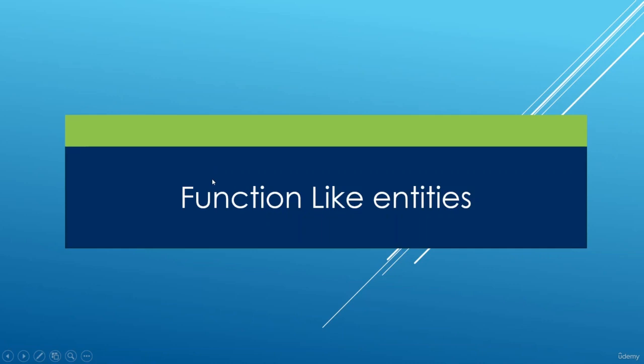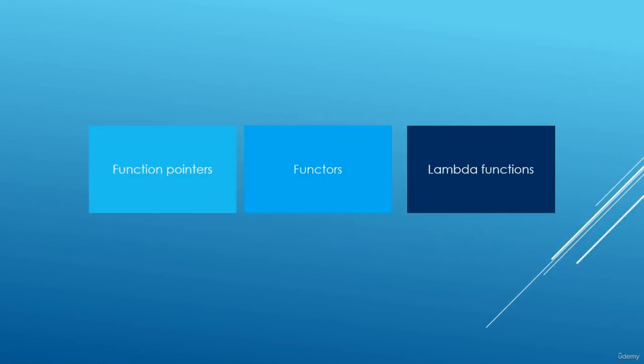Congratulations on hitting the end of this chapter where we were learning about function-like entities, and we had a chance to see that a function-like entity is really something that behaves like a function in that it is going to have a return value, it is going to have a bunch of parameters that act as input, and in the body of the function we will be doing some processing. So we can set up function-like entities, and these are going to be either function pointers, functors, and lambda functions